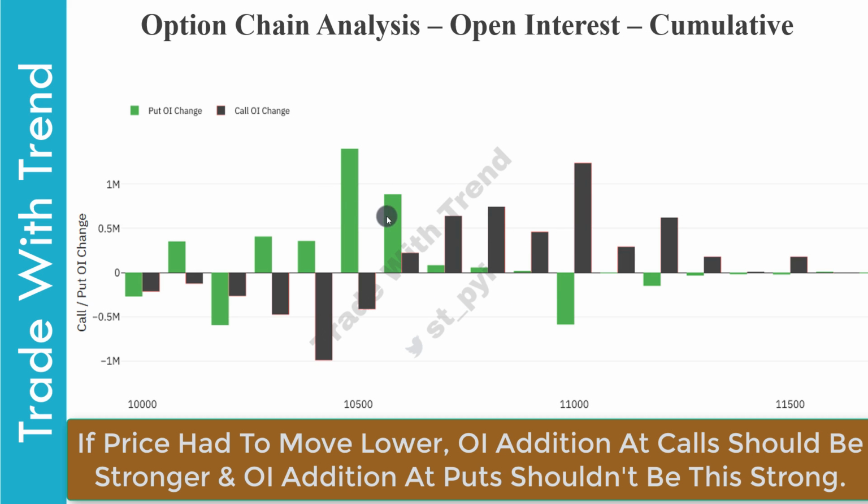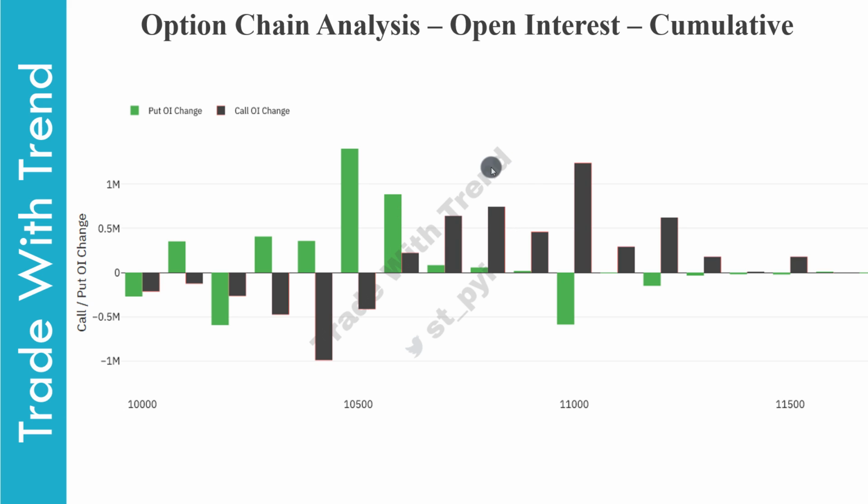Also, with price at 10,525, you are seeing no substantial addition in open interest in calls, that is for 10,600, 700, 800 or 900. The only place where you see open interest addition for calls is at 11,000. So clearly there are two things missing here. One, there is no resistance in immediate call strike prices that you see, and there is significant support in terms